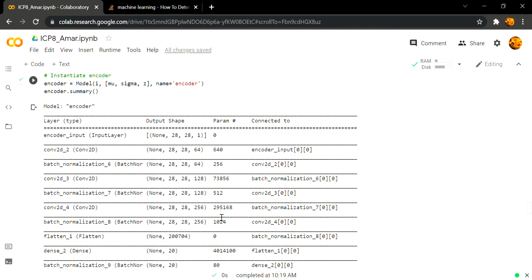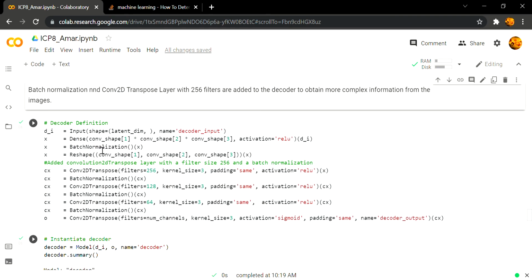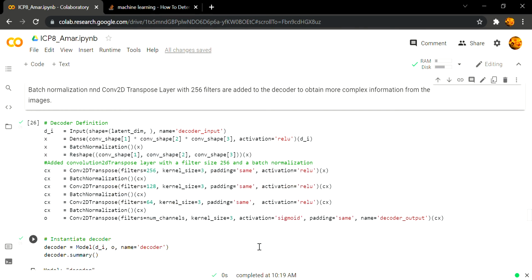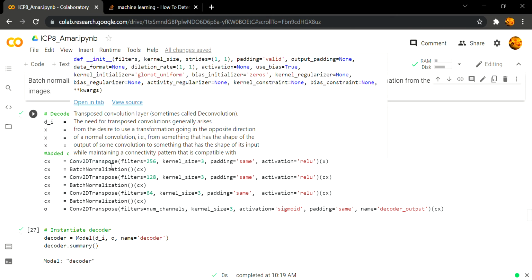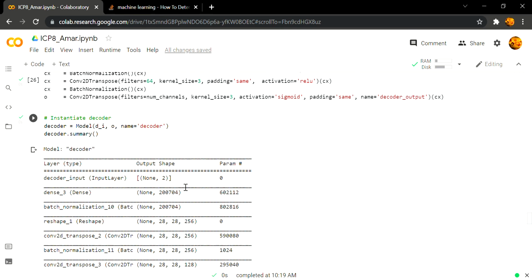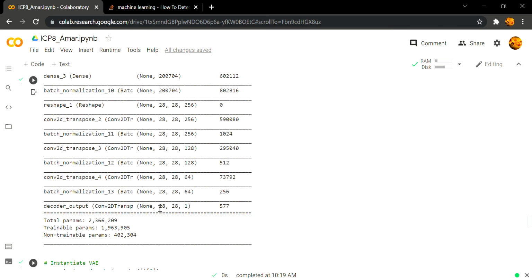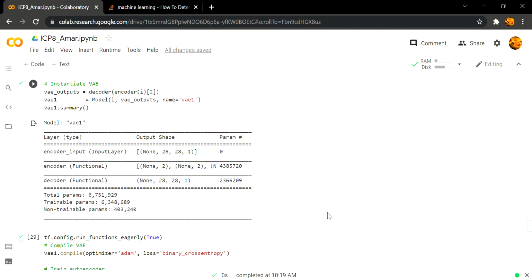reinitiating the encoder. Here is how it goes. And initiating the decoder function here. Here I have added the same thing, one extra layer of batch normalization and one extra layer of convolution 2D transpose of 256 filters. And here is how the model goes. Decoder summary 28, 28, and 1. It is the output decoder,